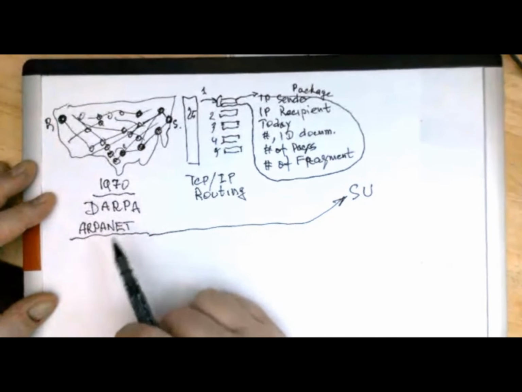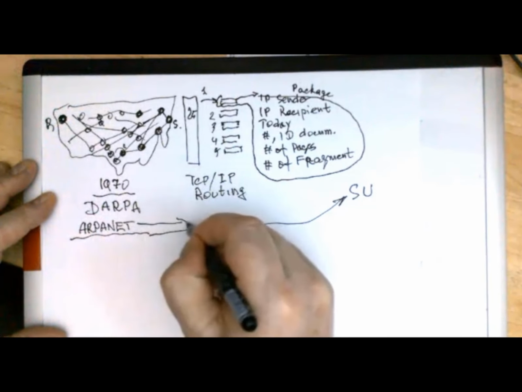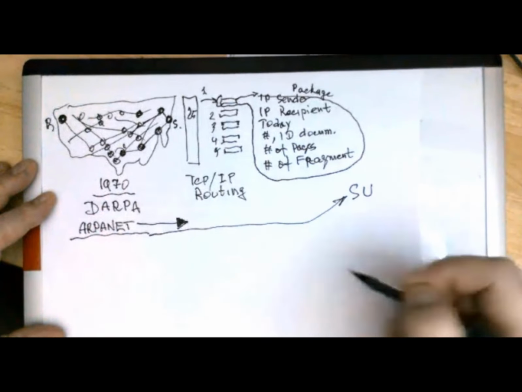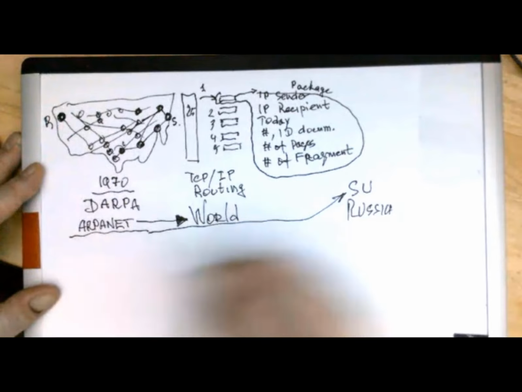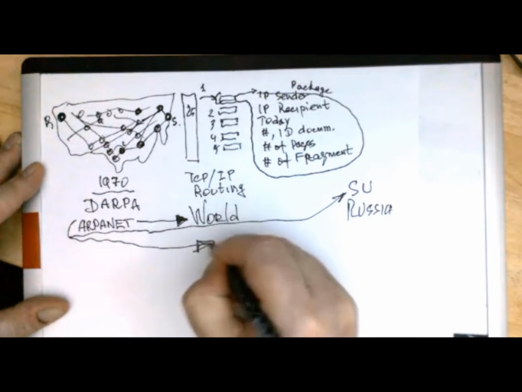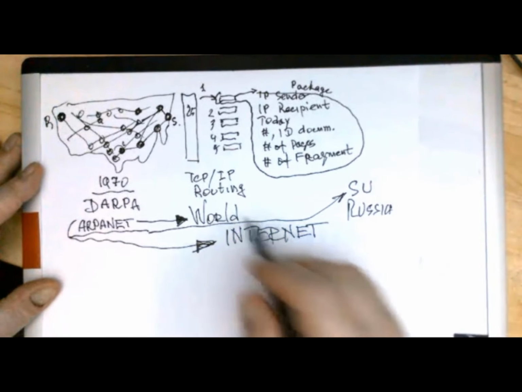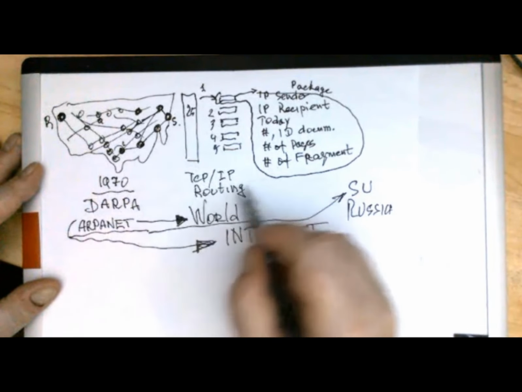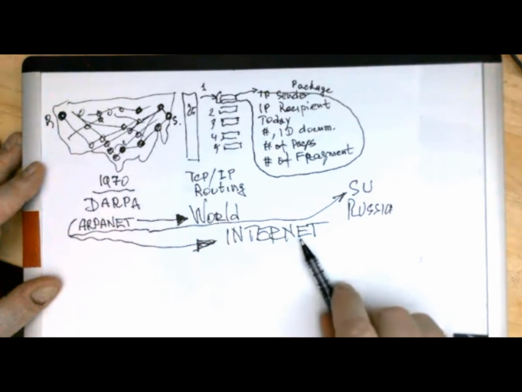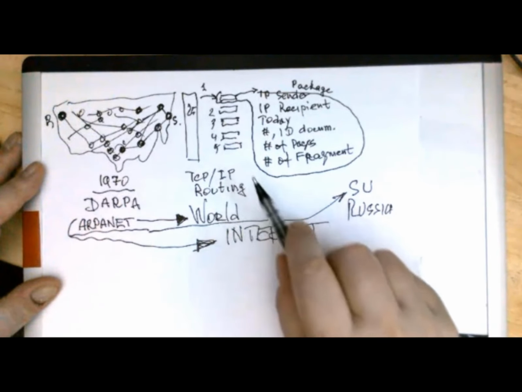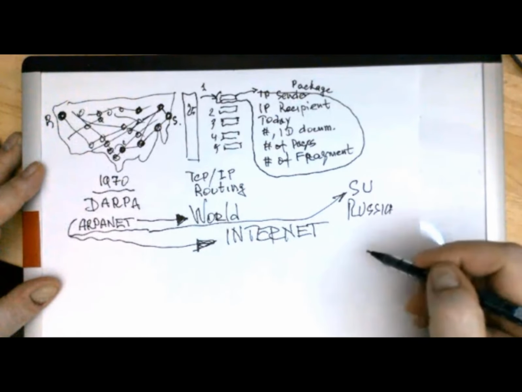After this, what did the United States decide to do? The United States decided to give ARPANET away to the world. Not only the Soviet Union, not only Russia, but everybody. So the ARPANET, since that time, became the Internet. And that is TCP/IP and the routing system. The Internet now has information about TCP/IP routing, organization of centers, and everything like this.